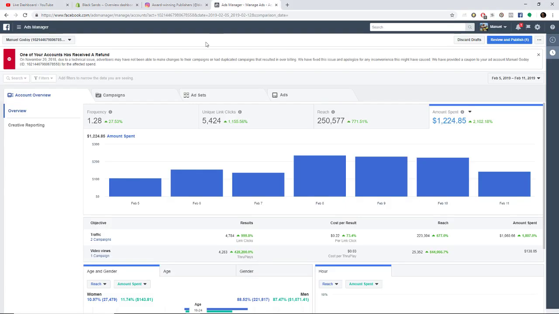So let's continue. Let's go into what this ad actually did. So let's go show that right now. All right, here we go. All right, so we saw this, right? Frequency, just to let you know what frequency means. It means a user has seen your ad X amount of times. So in other words, people end up seeing my ad 3 or 4 times before they make a purchase. You see that right there? It's a very high frequency per user. So people see it again and again and again, and then they finally buy something, right? Because they like it. So they keep seeing it, and they don't kill it.